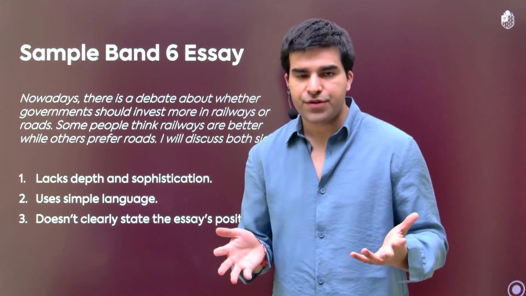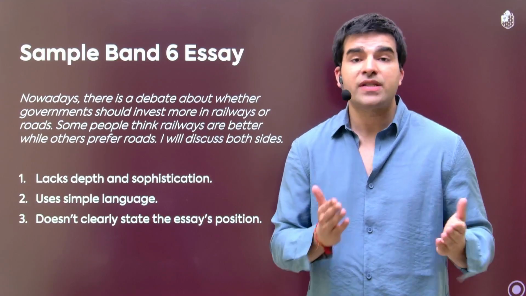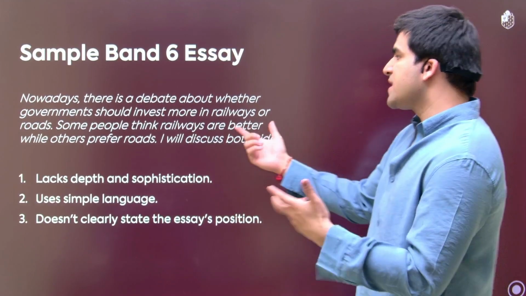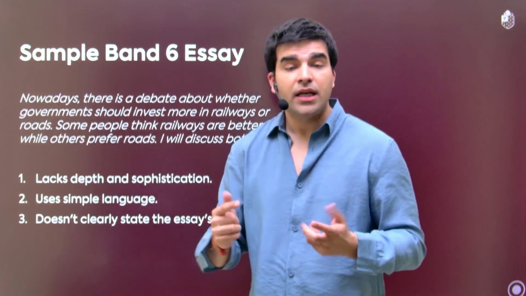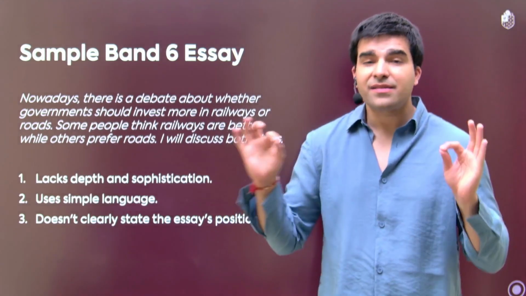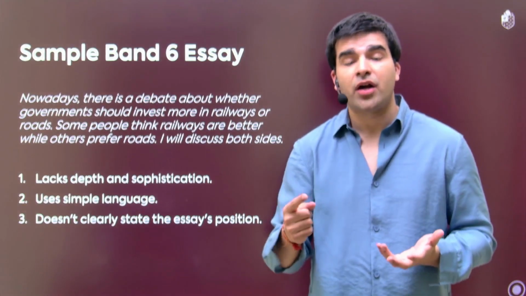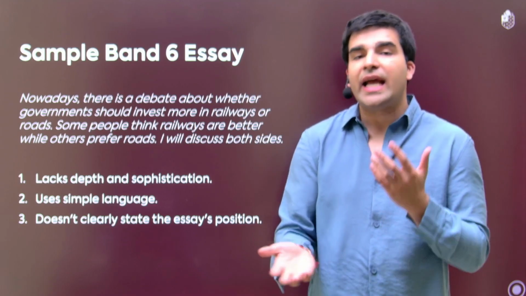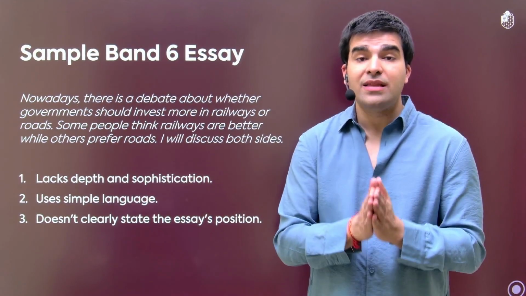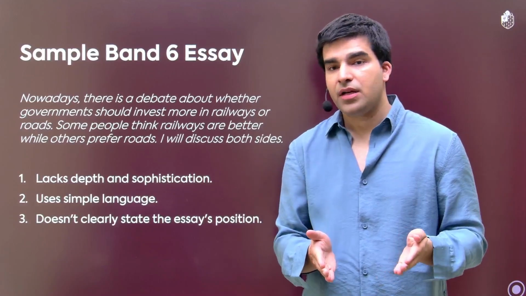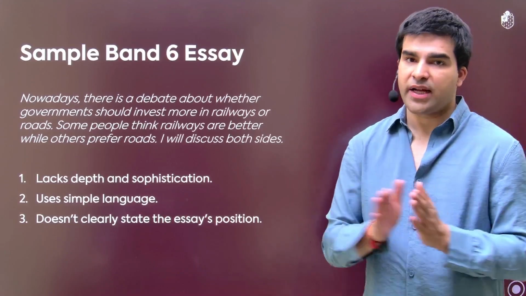Okay, I understand what you're trying to say, but what is the topic sentence? Do you want to say that the government is spending a lot on railways, or do you want to say the government is trying to spend a lot on roads? If you read this statement again, it is a very generic statement. I repeat, it is a very generic statement. It is making just a general argument. It is not the main idea of the paragraph. So it is very unclear, is what I'd say.